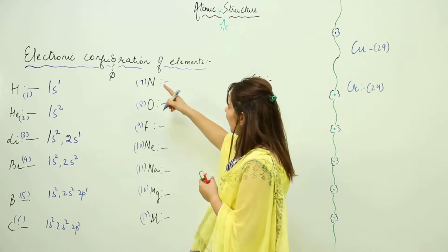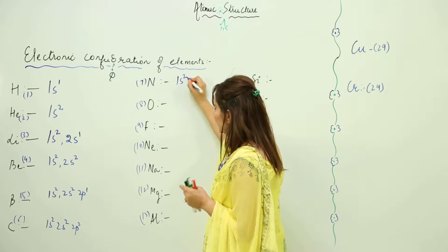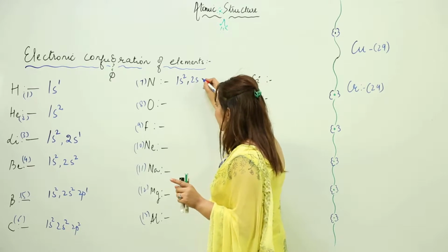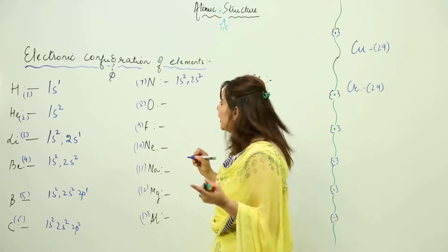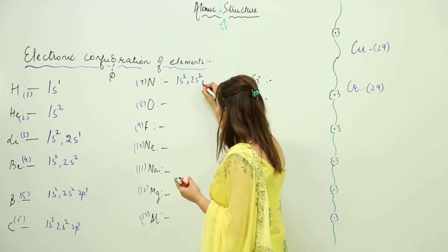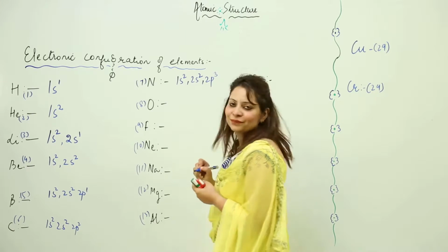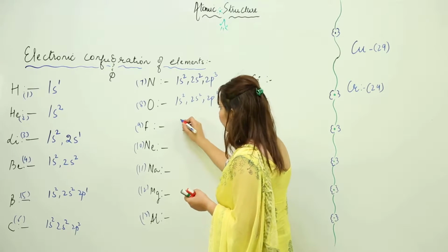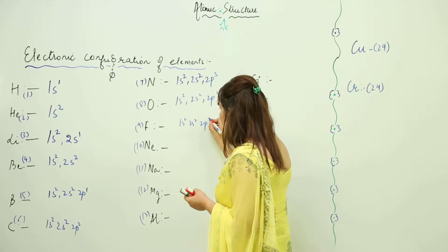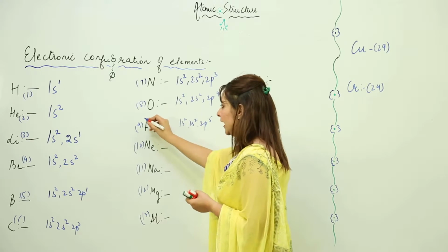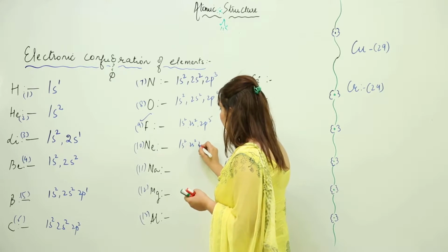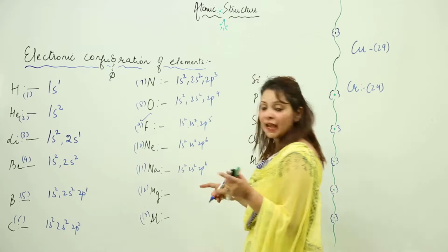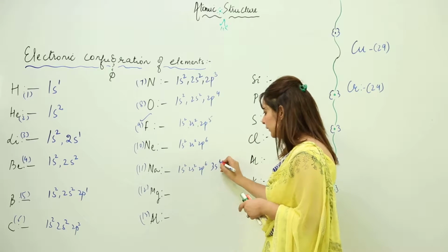So now I have to fill 7 electrons. I will write here 1s2. So my purpose is not solved, I am still left with 5 electrons. So I will put 2s, and how many can I put in that? Obviously 2, right. I am just left with 3 more. So that means 2p3, right. Likewise I can fill up to 6 electrons in 2p. So this will be 2p4, this will be 2s2, 2p5, and so on, 5, 6, 7, 8, 9. Again 1s2, 2s2, 2p6, 10. I need 11, so obviously I have to fill 3s1, right.